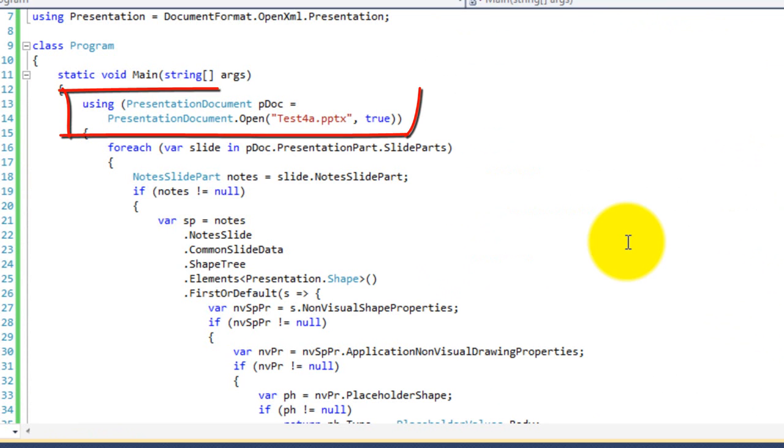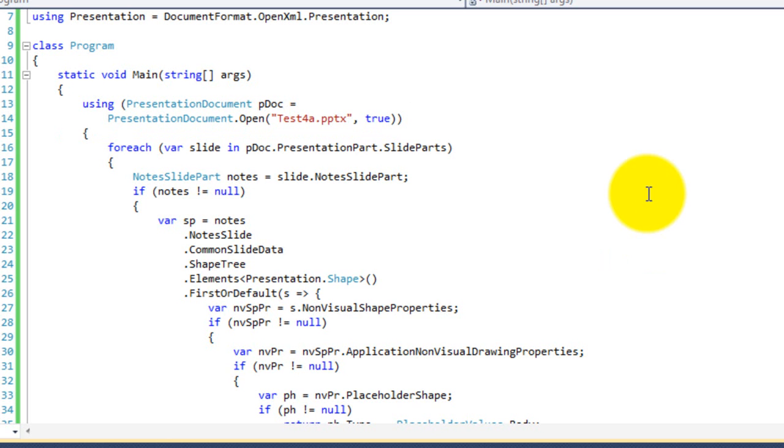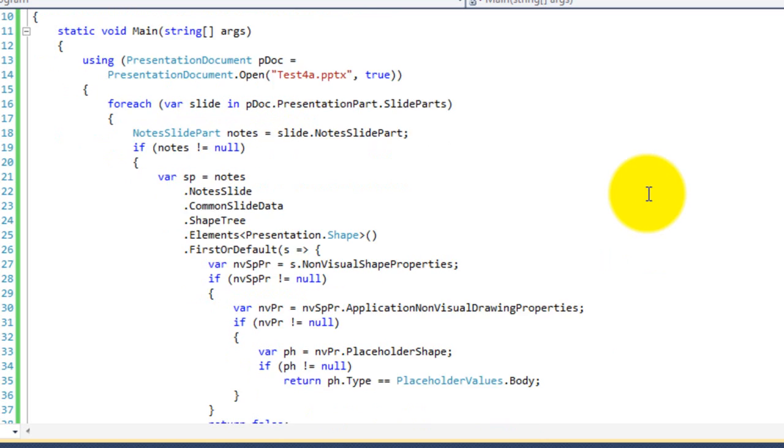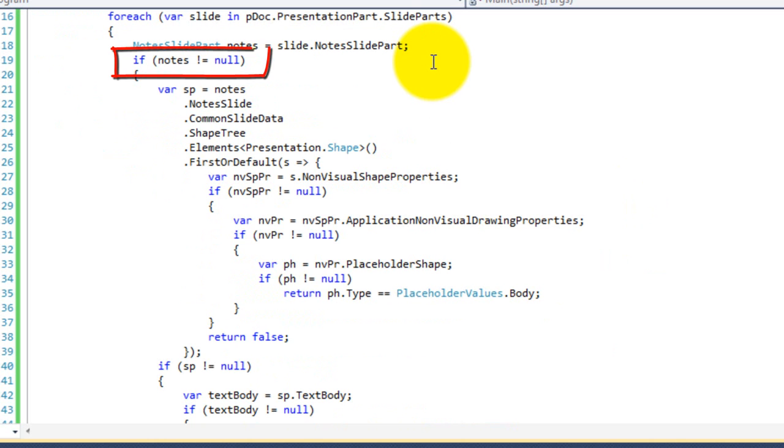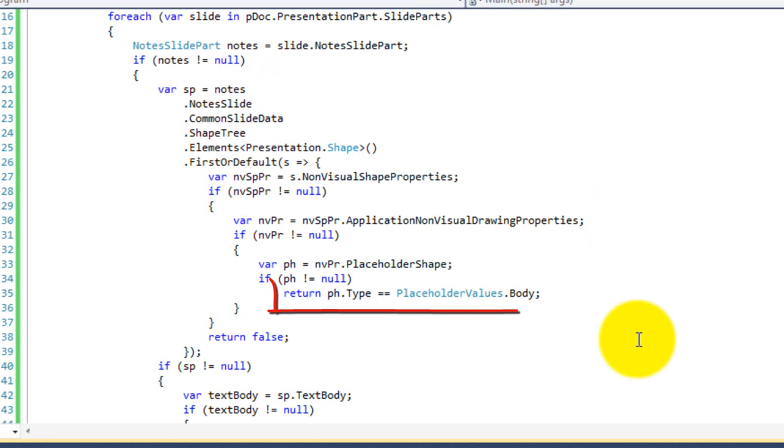The code first opens up the document. It opens it up for writing. This true indicates that the code can write to the document, or write to the presentation in this particular case. The code then iterates through all the slide parts for the presentation. It gets the notes slide part from the slide, and if that notes value is not null, then that means there is at least a notes part. We may or may not find out that there are notes in that slide, but at least we know there is a notes part. This query here finds the first shape that has that placeholder value with a type equal